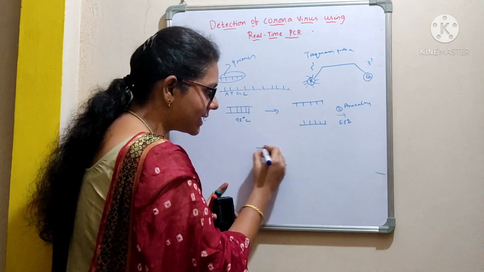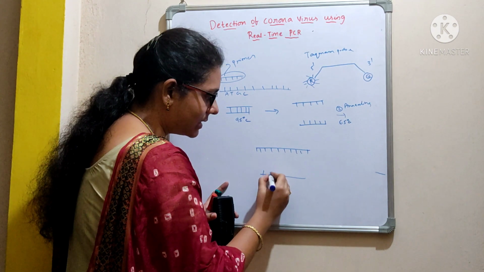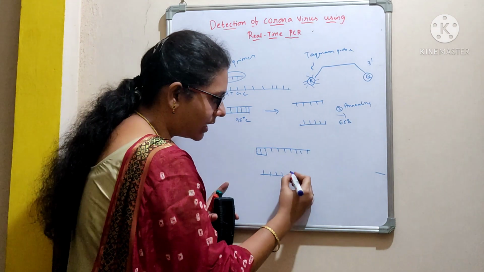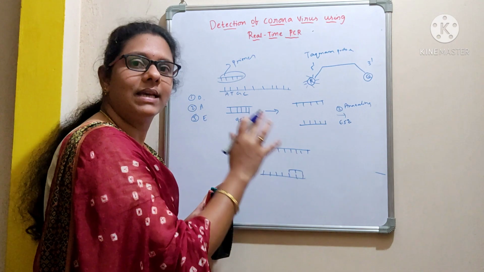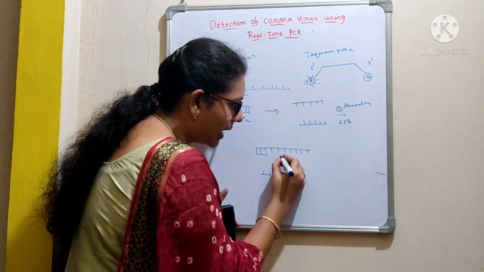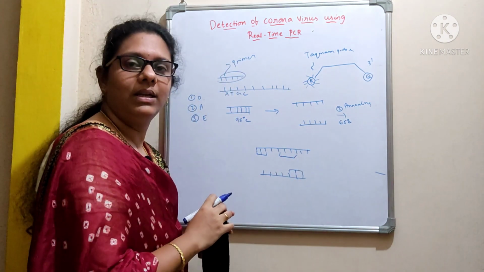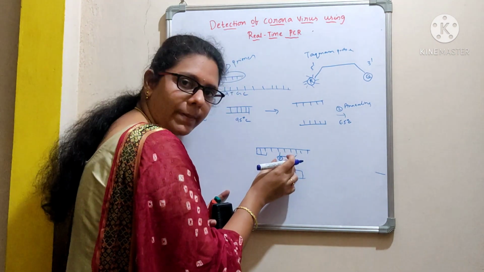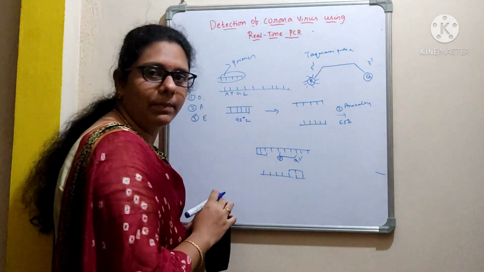So what happens in the second step? This is one strand of DNA and this is the other strand, right? The forward primer will bind over here, and the reverse primer will bind over here. This we call annealing. At the annealing step itself, the TaqMan probe will bind to the DNA sequence. It has a fluorescent molecule at the 5' end, which we call the reporter, and a quencher at the 3' end.